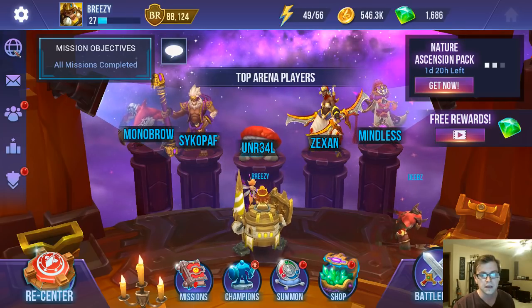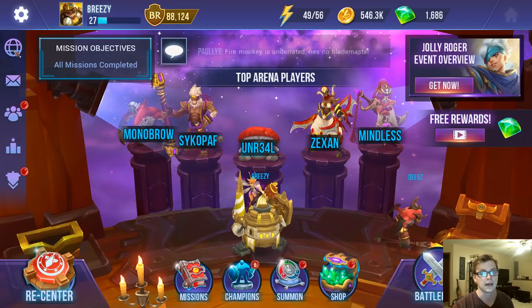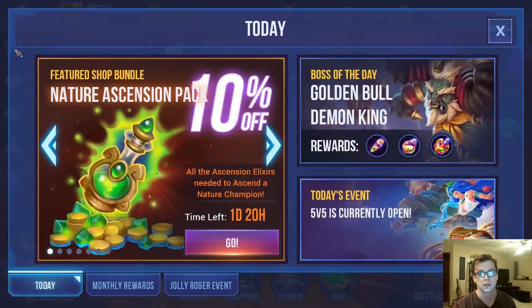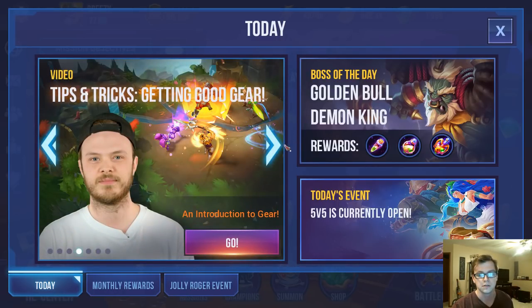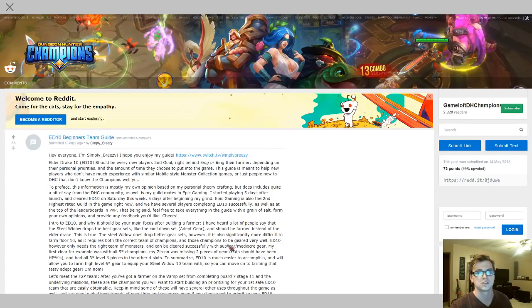But if you don't know how to see it or how to view it, I can show you quick, and then we'll hop into discussing the guide. In the top left corner of your main menu here, you can see the globe. Click into it, it has Gameloft announcements. And down the road here, we'll run into defeating stage 10 of the Elder Drake boss raid, and if we click the go link, it brings you to Reddit, to the Dungeon Hunter Champion subreddit, to this ED10 beginner's guide